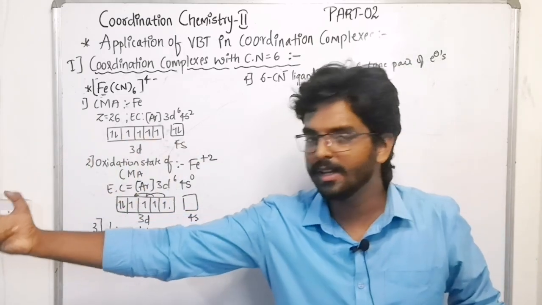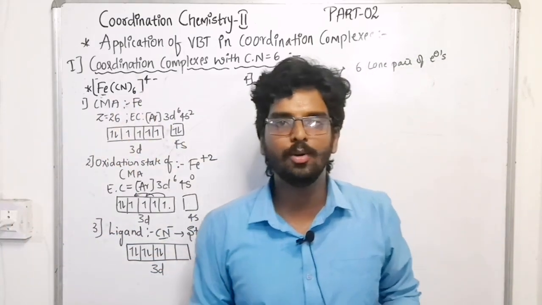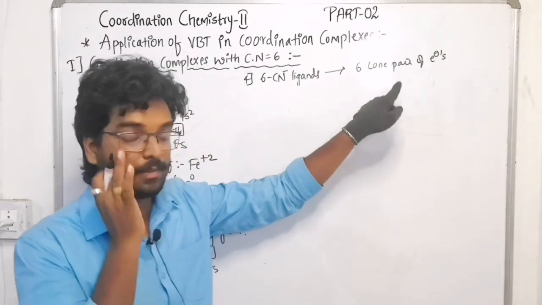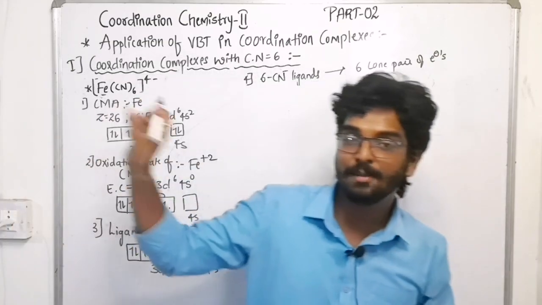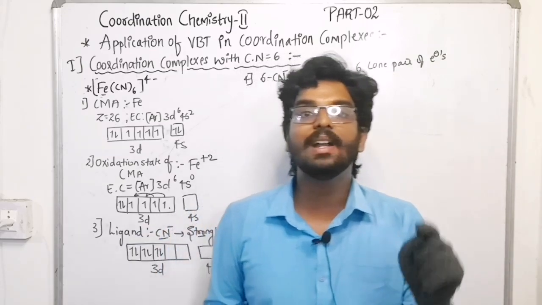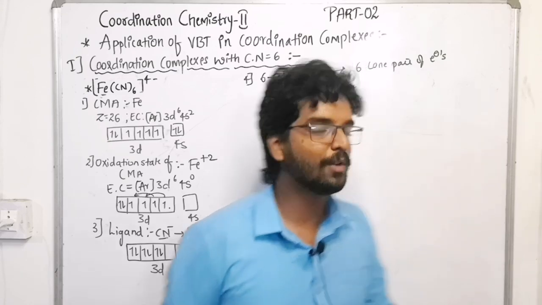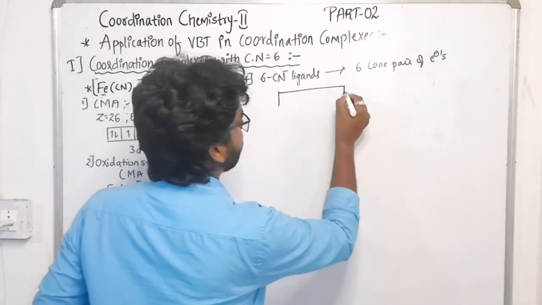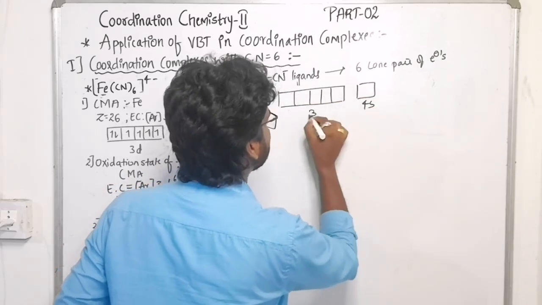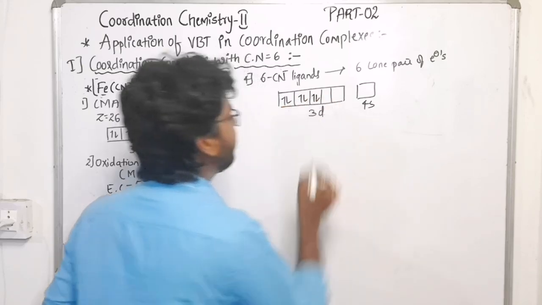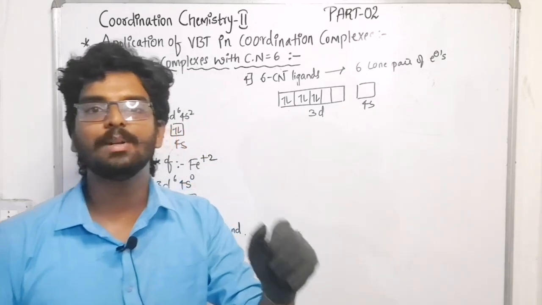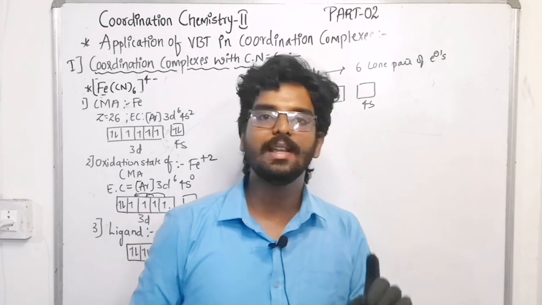That means however many lone pairs we receive from the ligand, we should have that many vacant hybrid orbitals. Here we are taking 6, the metal is accepting 6 lone pairs of electrons. That means the metal should carry 6 vacant hybrid orbitals. So if you consider here 1, 2, 3 and 4, this is your 4s, this is your 3d. Now the pairing has taken place here. Now we require 6 hybrid orbitals, 6 equal energy empty orbitals.